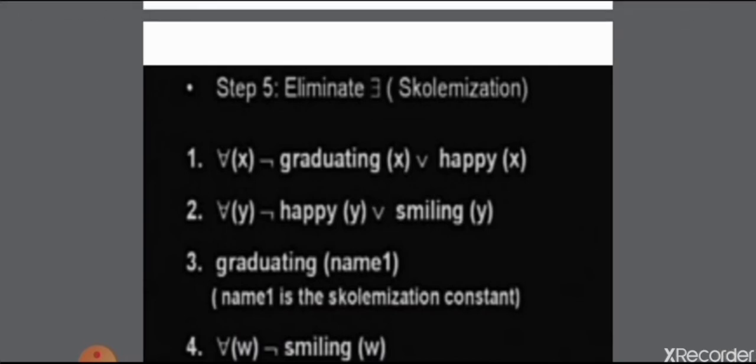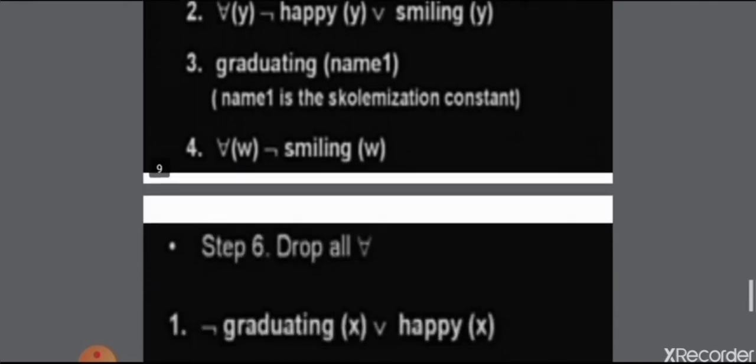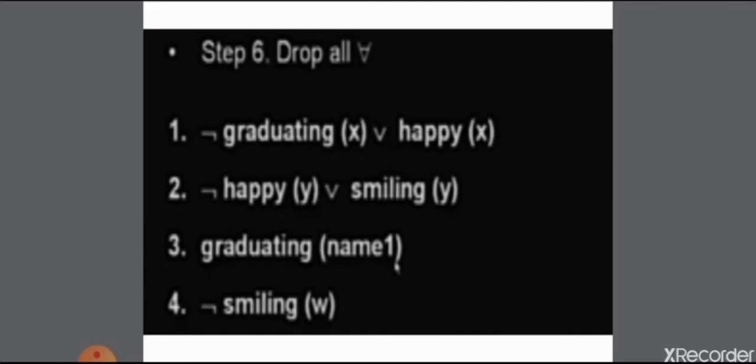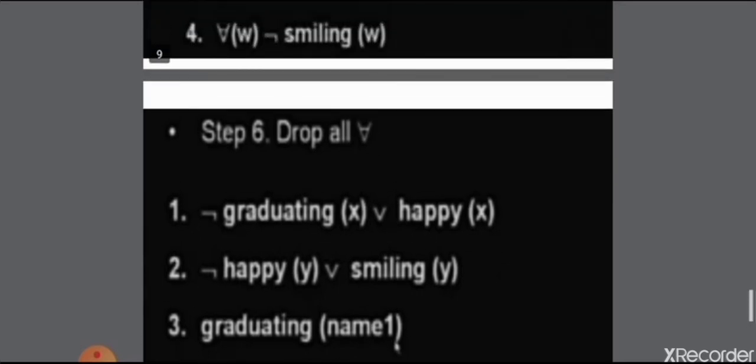In the fifth step we had only removed the existential quantifiers, and we had not touched the universal quantifier. So the next step, after removal of the existential quantifier, is to drop all the universal quantifiers.